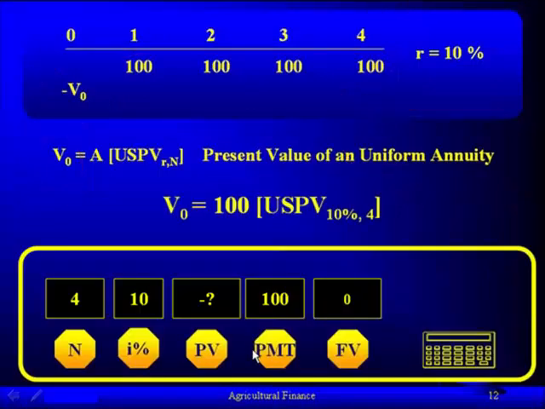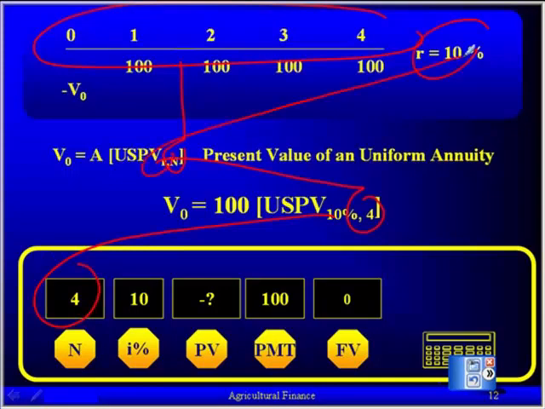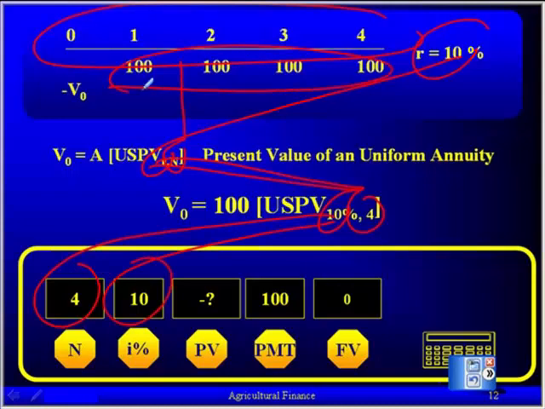We can again use our calculator. We can see that there are 4 periods. So we're going to put 4 into our calculator. The interest rate is 10%. That was a given, so it's 10 I. The payment, you can see, is 100. So